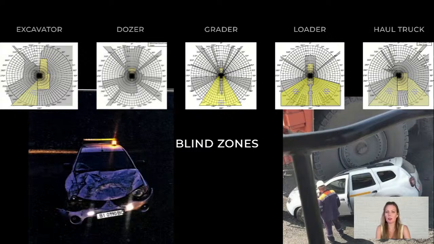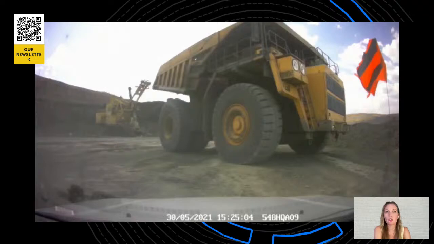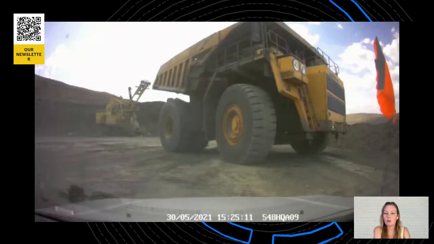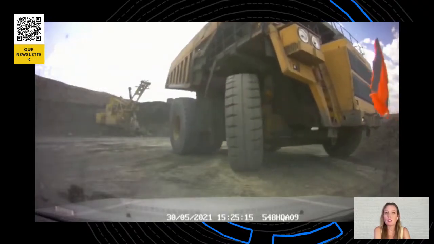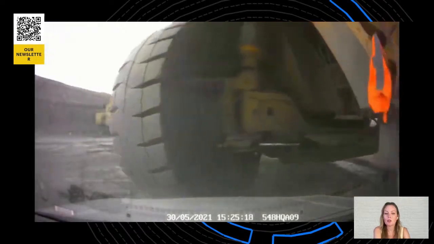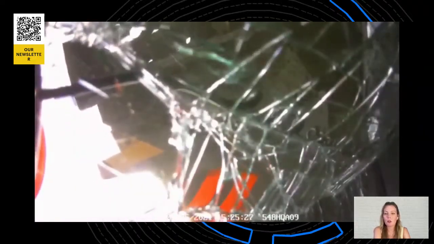So here's an example you might have seen before. It went viral some time ago, and it was used as a cautionary tale for novice drivers. Let's break down what happened here and why. In this incident, a driver of a passenger vehicle parked in the blind spot of a heavy-duty dump truck. Without warning, the truck driver, not double-checking the area, collided with the passenger vehicle. Fortunately, there were no injuries, though the passenger car was